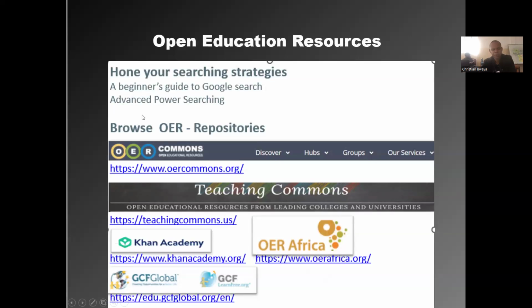And this could also make you more efficient to find what you're looking for. But what is for OER even more successful is to use repositories of OER. And I have, from the website, a few links where you can find plenty of material, even specifically from Africa.